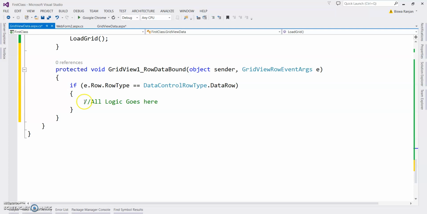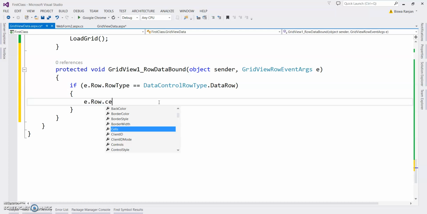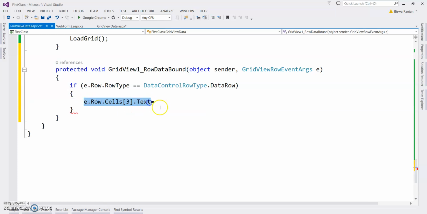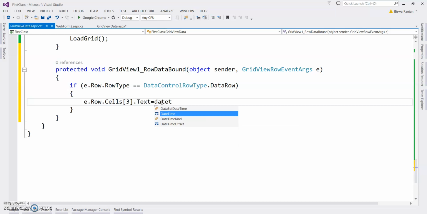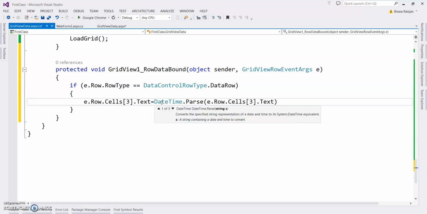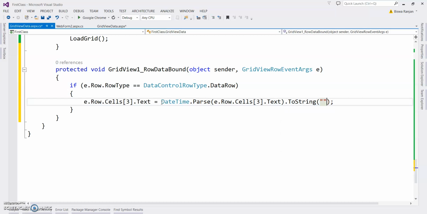So how can we catch the third cell data? We can do it like this: e dot row dot cells 3 dot text equal to, I'm converting the same text into our Indian date and time format. DateTime dot Parse, dot ToString.